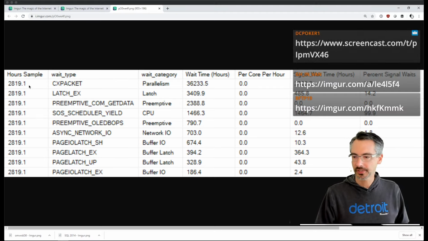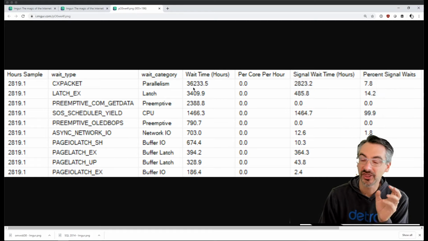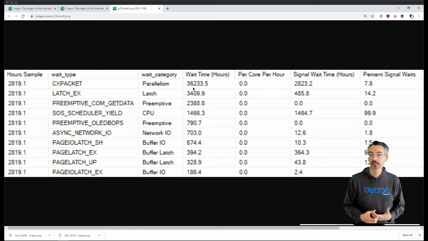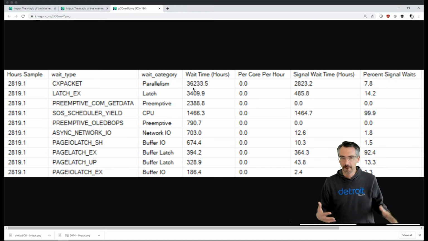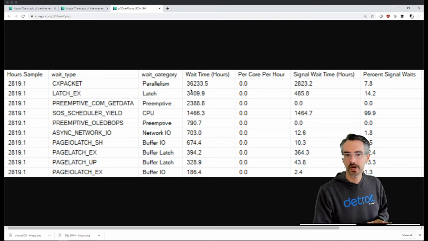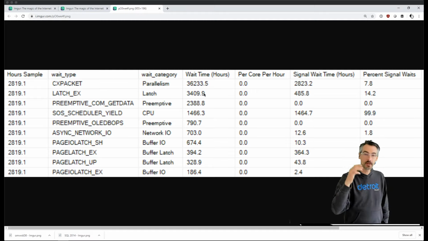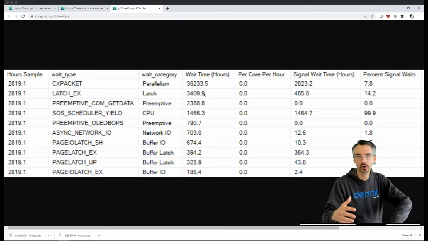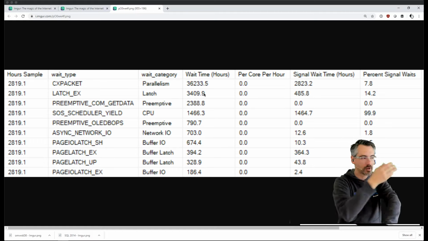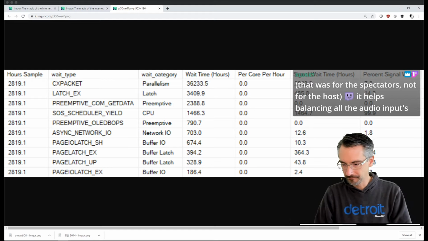So 3,000 hours, let me just pop back and see. Drop table dbo.students: about 3,000 hours worth of wait time and 36,000 hours worth of CXPACKET. For every hour on the clock, we're waiting like 12 hours on parallelism. You have Parallelism Gone Wild Spring Break Edition, especially with the 3,000 hours worth of latch waits. Your server is constantly scanning things up from RAM. There's also a subcurrent of CPU and storage issues, but the big thing by far is I worry about queries that are running very frequently, going very parallel to scan lots of pages in RAM, and we just need to do a little bit of index tuning.